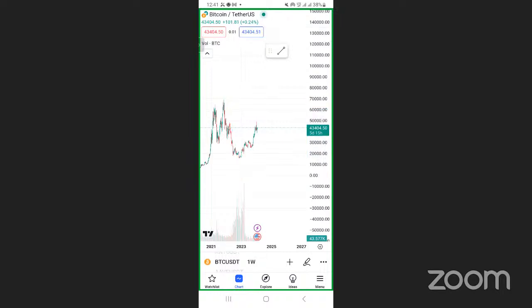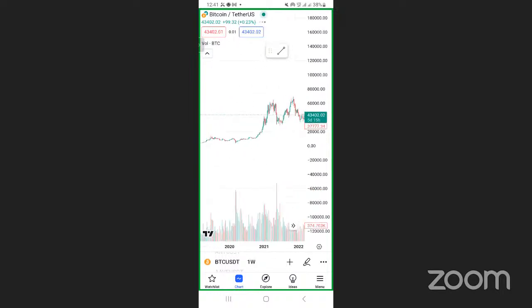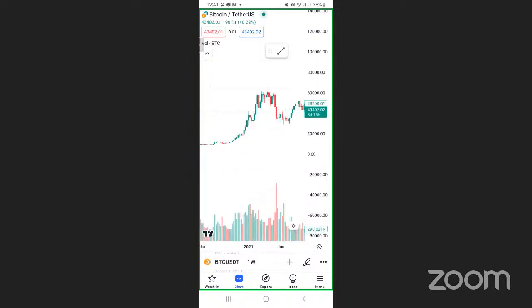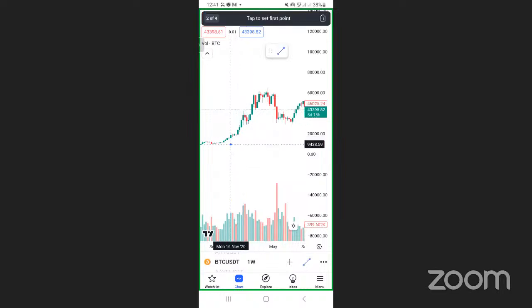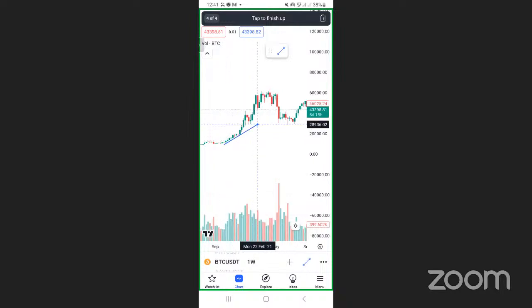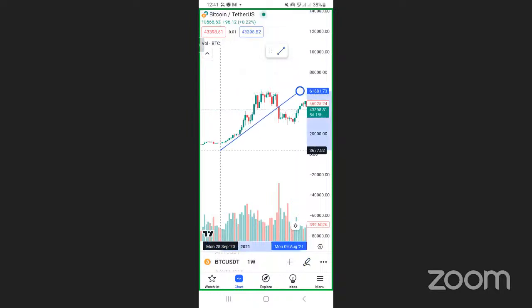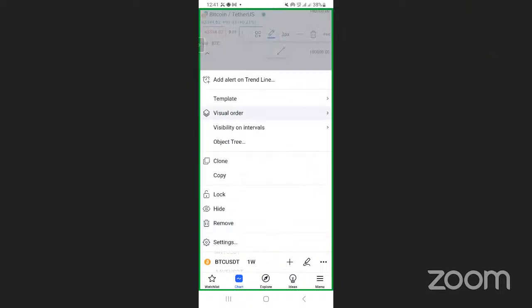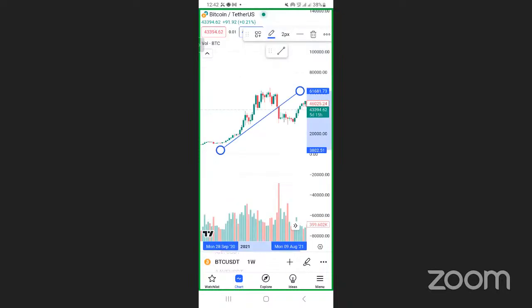Okay, let me give you another scenario. Are you seeing? I bring my trend line. I put it here. So we were seriously going above. Are you seeing this trend line? During this time we were going up. Every time we could come and approach this trend line, we were pushed up again.